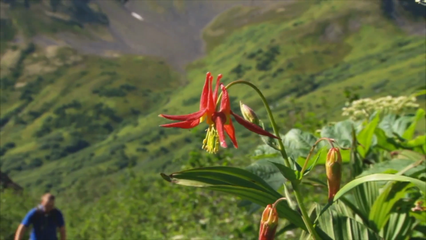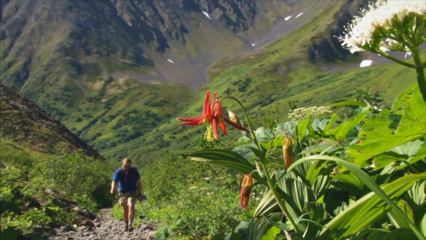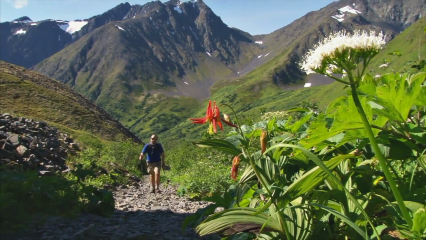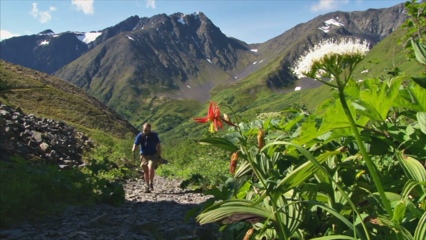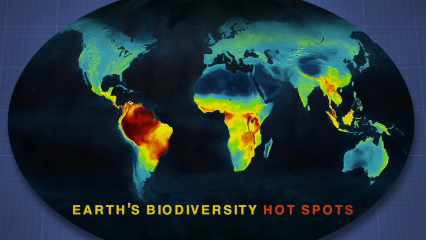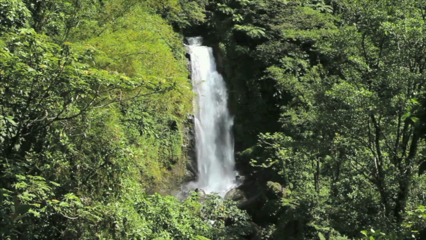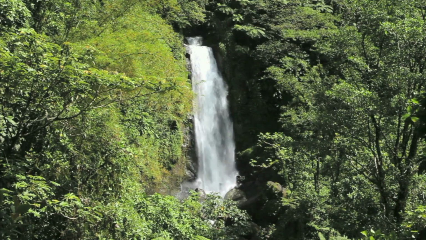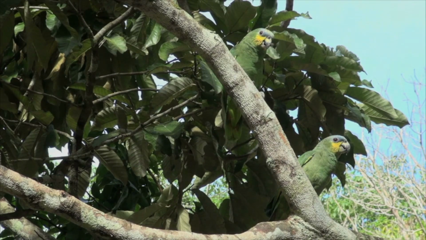As they tried to better understand the processes of speciation and extinction, conservationists identified biodiversity hotspots. This map shows the areas of the world's highest biodiversity. These hotspots are biogeographic regions that contain significantly more biodiversity than other regions. Most of these hotspots are threatened with destruction. There are 25 hotspots globally that have lost 70% of their original habitats.